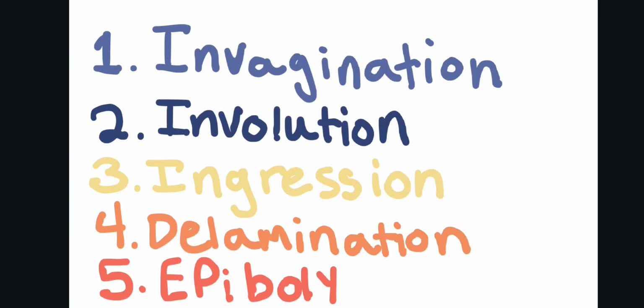So to recap, we have just covered 5 types of cell movement which are important in gastrulation, and these are invagination, involution, ingression, delamination, and epibole. Invagination, we form a pocket kind of by poking a layer of cells inwards, like how a balloon would react if you poked it with your finger. Next, we have involution, which forms a pocket by kind of rolling cells inwards, like a tank's treads rolling over